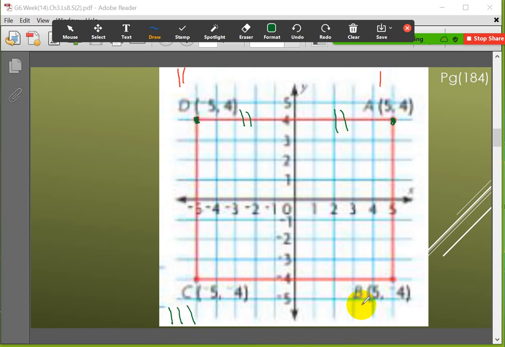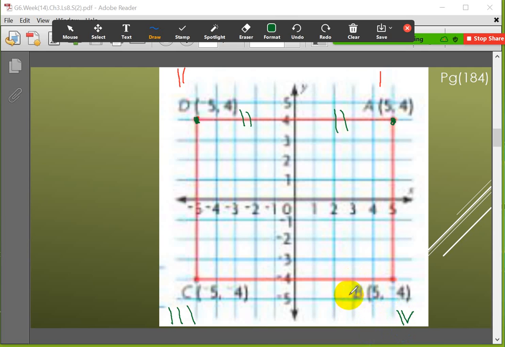And B here is (5, -4), so I have positive x and negative y, because this point is in the fourth quadrant. Okay,